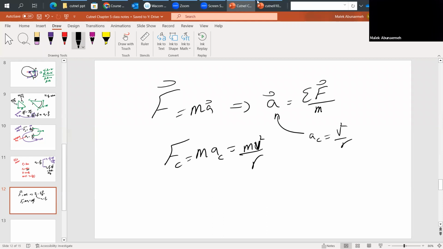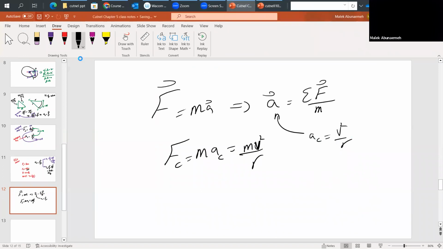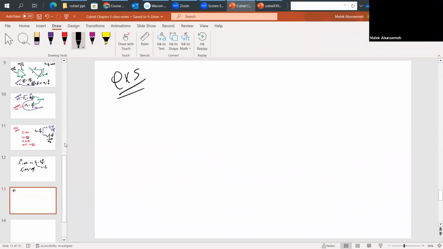So let's see another example, shall we? Let's say my airplane has a mass of 0.9 kilograms, and that goes in a circle. Find the tension in a 17 meter guideline at a speed of 19 meters per second. So let me go ahead, example 5. Your mass is 0.9 kilograms, your distance, or the radius, is 17 meters, and your velocity is 19 meters per second. And you're looking for your tension,